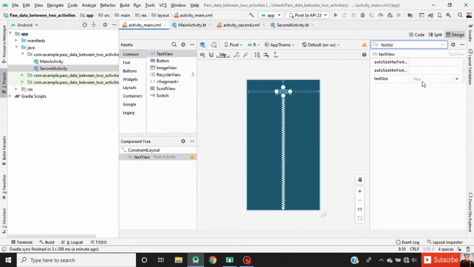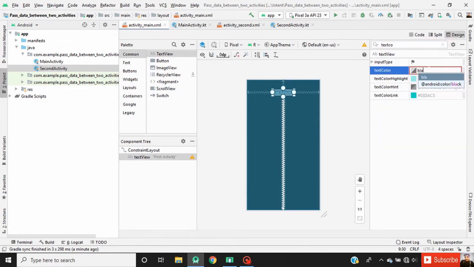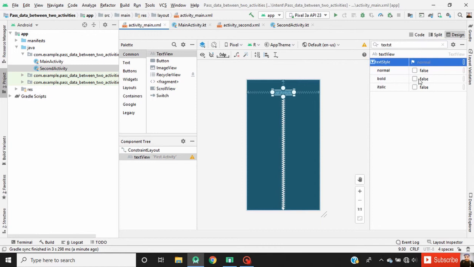Now change the text size to 22 sp. Change the text color to black. And text style to bold.